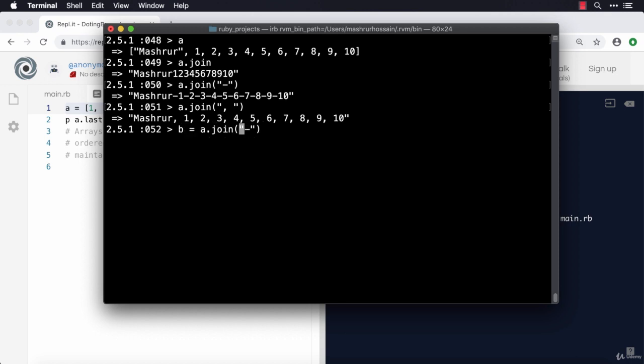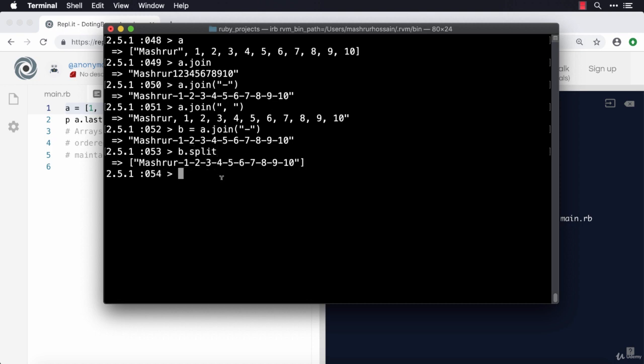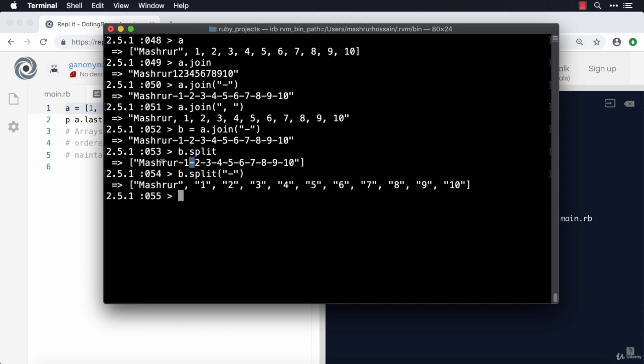What if I do what I did before, a.join, and then save it to b. So b equals a.join. B is that, right? What if I did b.split? b.split basically takes this item and puts it into an array. But that's not really useful to me. What if I want each item to be split by something? Then I can specify it. I can say what I want to split by. So there you go. It basically looks for each of these hyphens or dashes, and then it splits each item,